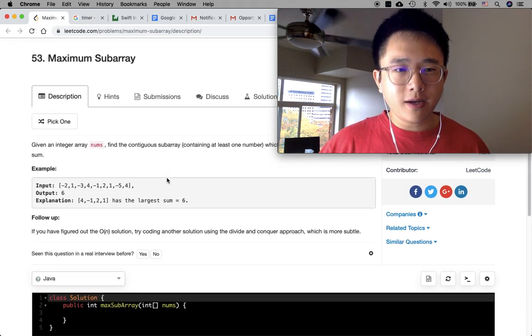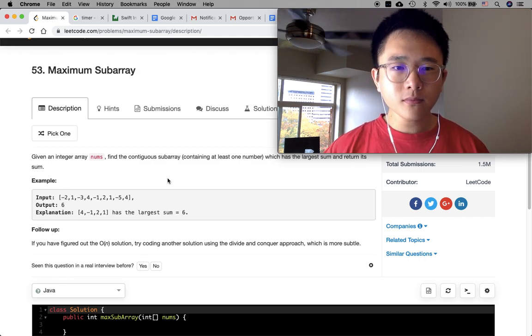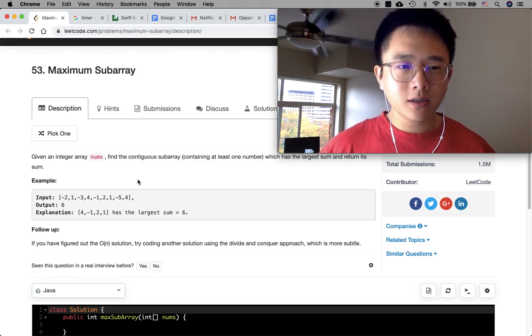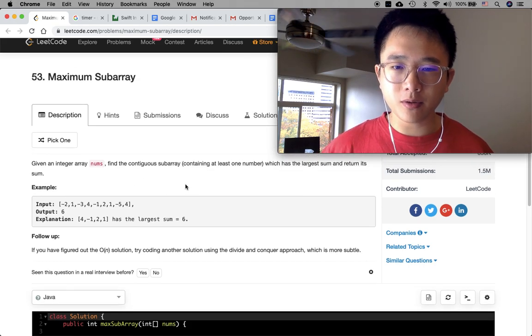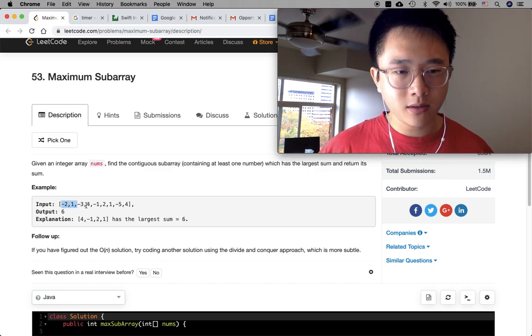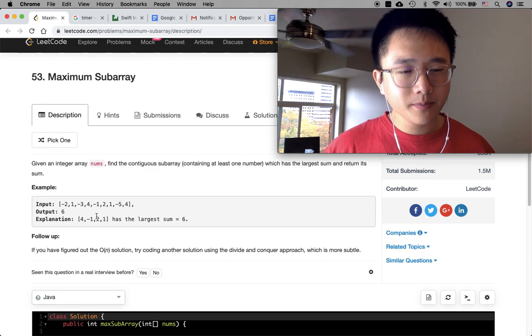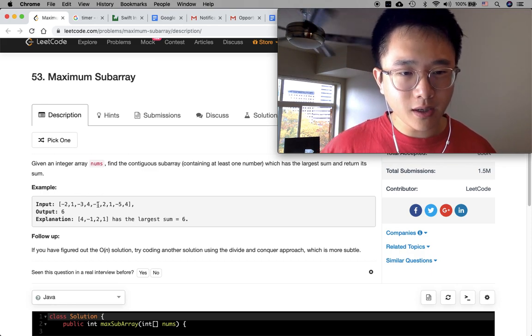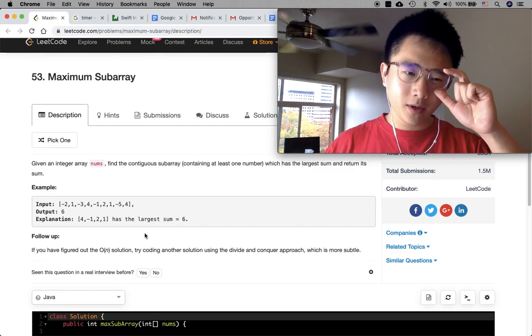Given an integer array nums, find a continuous subarray containing at least one number which has the largest sum and return the sum. So we have -2, blah blah blah, 2. Again, the sum is 6 because 4, 1, -1, 2, 6 has the largest sum, 6. Okay, so